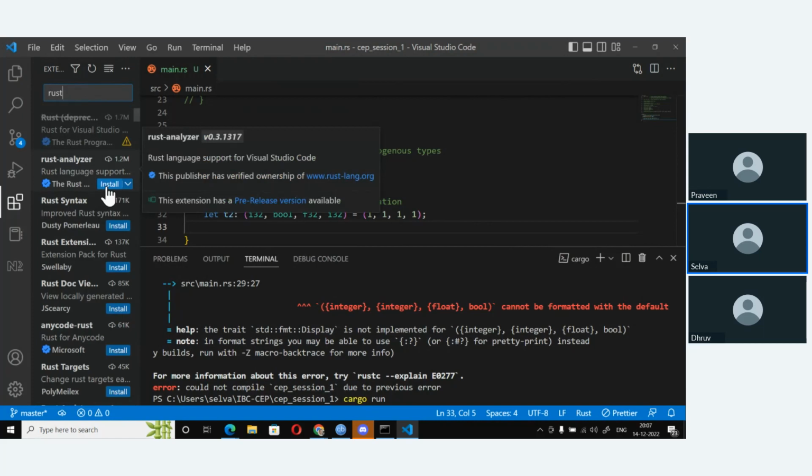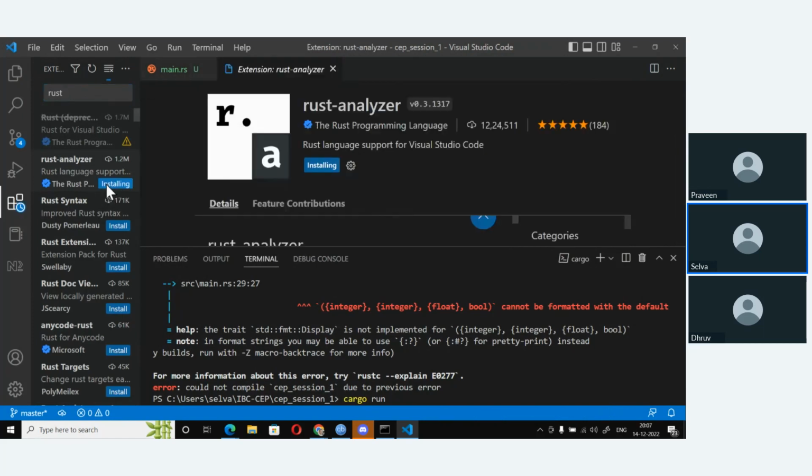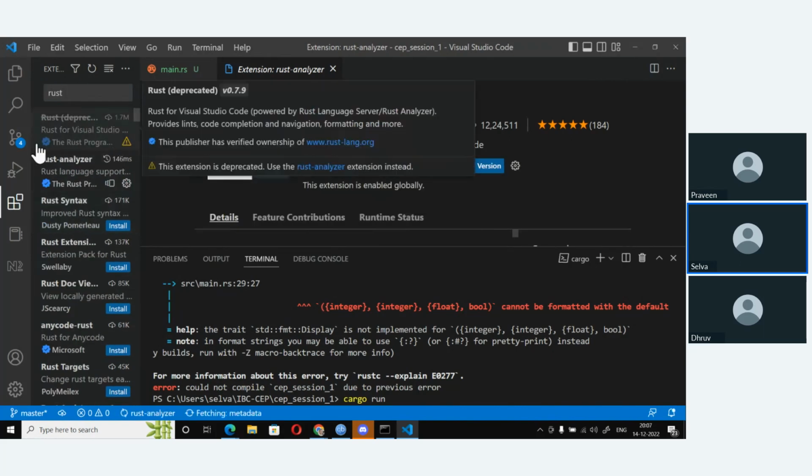Oh, I have not installed it. Rust analyzer. Yes, now it is installed. Oh, that is there in my Linux box. Okay, so now it is installed.